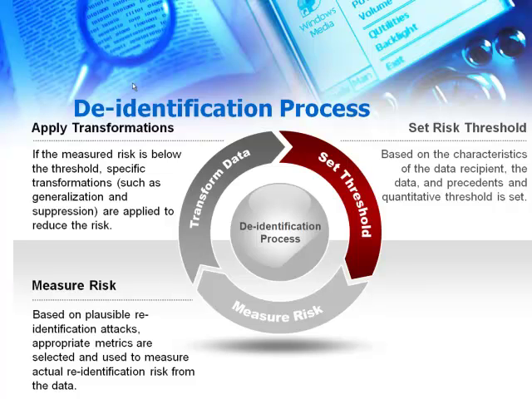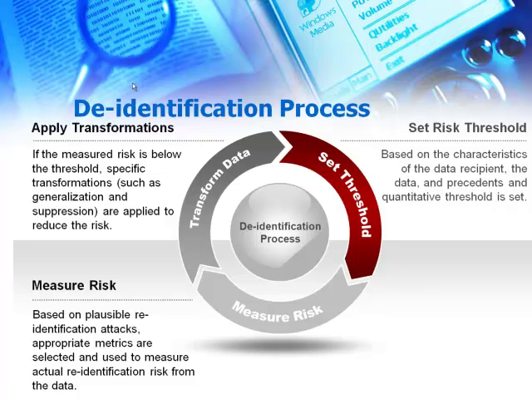And it's a very mechanical process. Depending on the nature of your data and who you're giving it to, there are a series of attacks that you would consider, and you just go through the process of seeing whether they're plausible or not, and measure the risk for each one of those attacks. Then you compare that measured risk to your threshold, and if the measured risk is higher than your threshold, then you have to de-identify the data. If the measured risk is below your threshold, then you're done, because you can make a plausible, defensible claim that your actual risk is below what you consider to be acceptable, and therefore this data is considered de-identified.